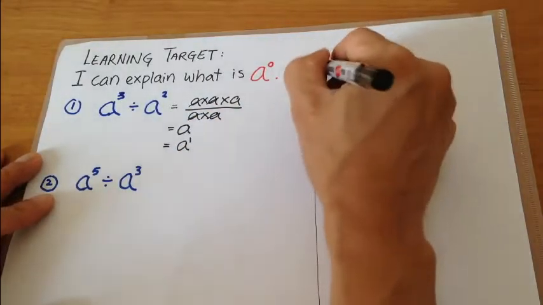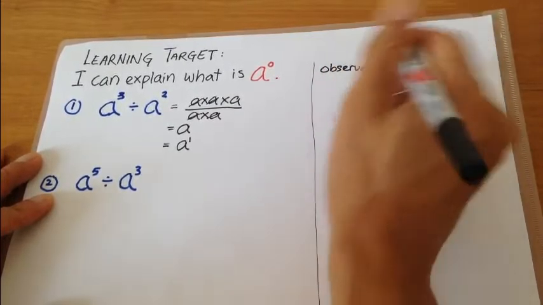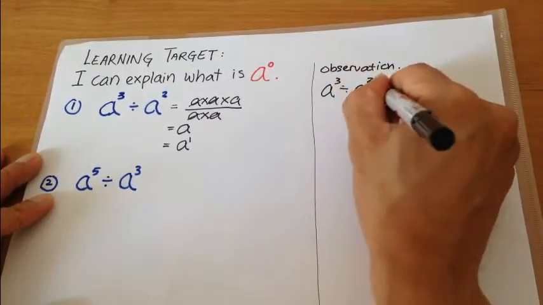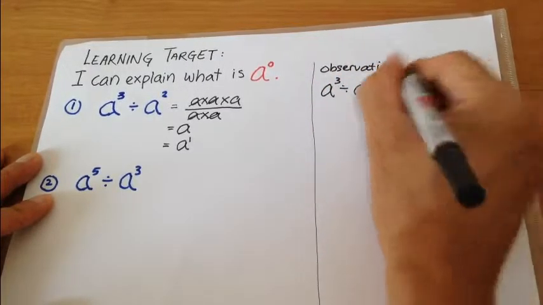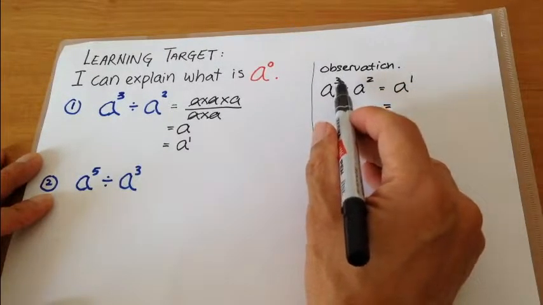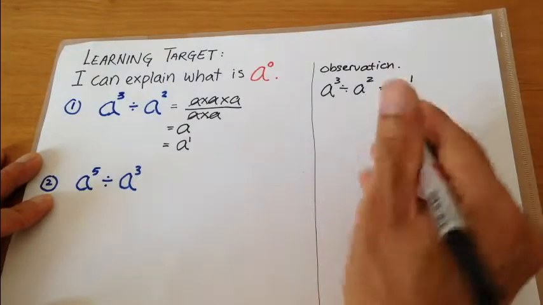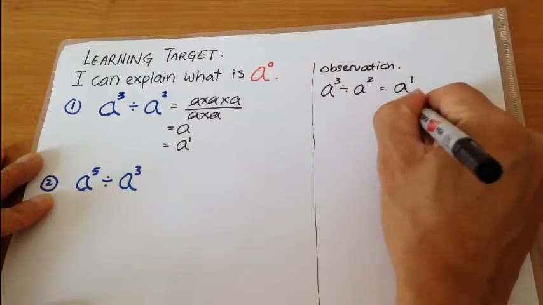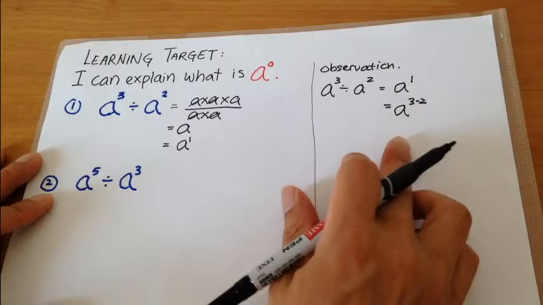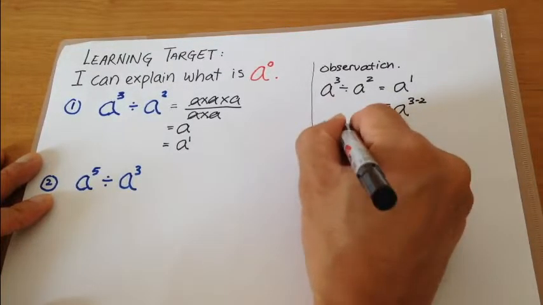Okay, so what observation can I make? Well, I can see that at the moment, a to the power of 3 divided by a squared is actually equal to a to the power of 1. Then I can ask myself, how are the indices 3 and 2 related to 1? How about 3 minus 2? Well, that's equal to 1. So that is my observation. So at the moment, I could conjecture, that is, I make a